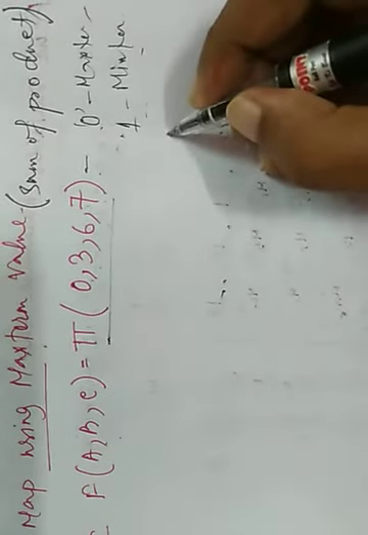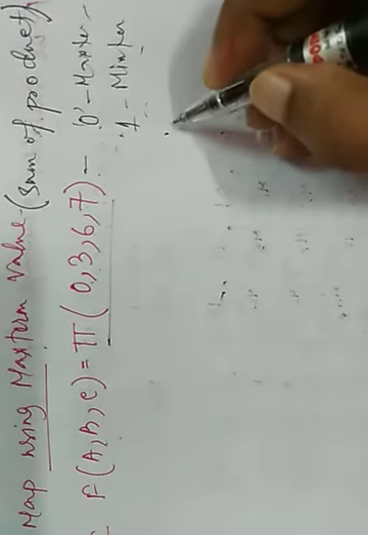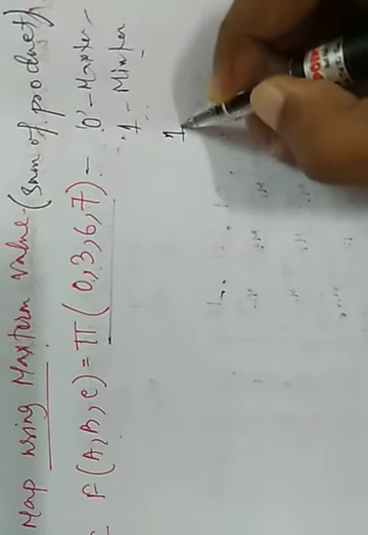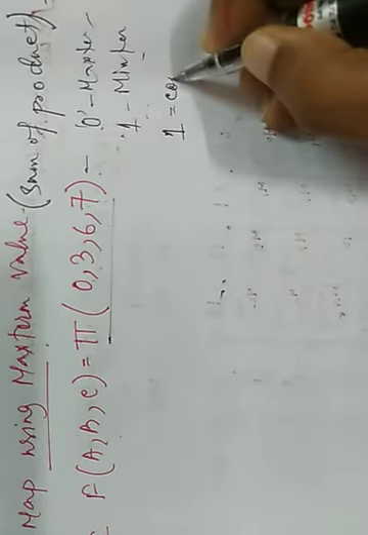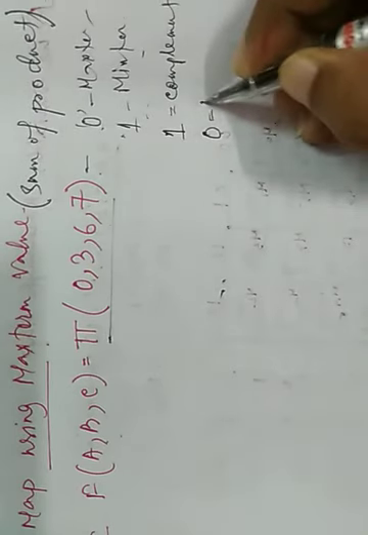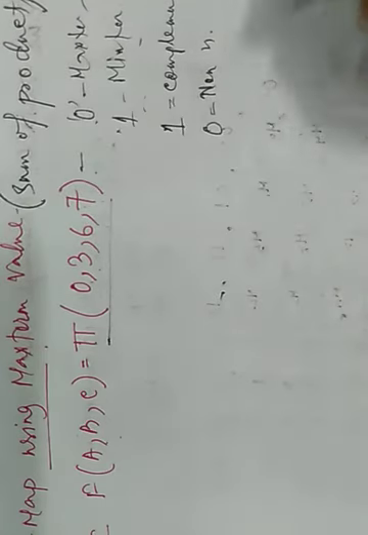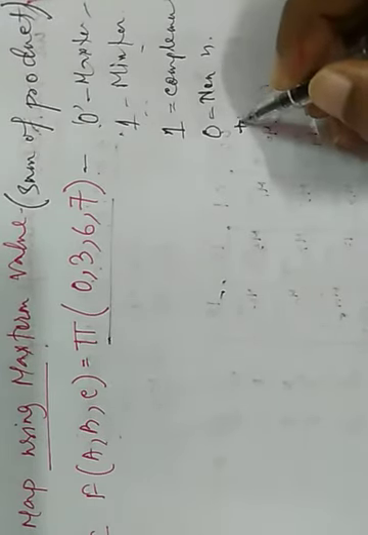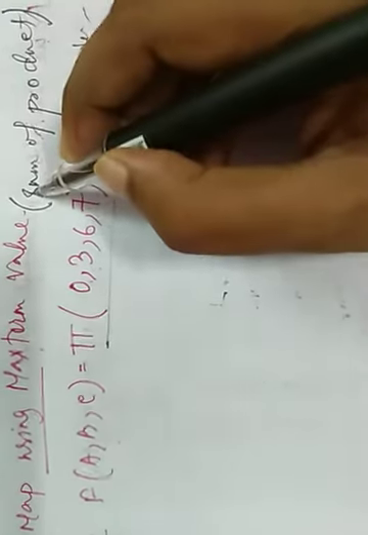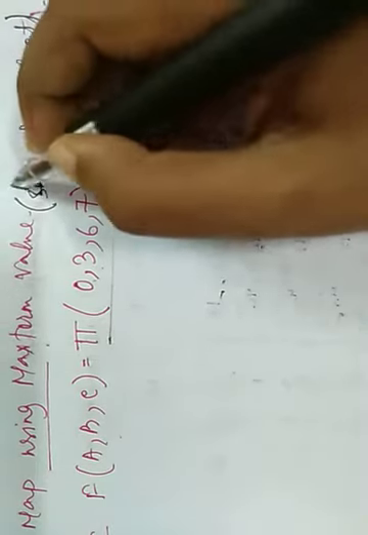And our second thing is, for max term values we know that for one value we need the complement, and for 0 it is the non-complement value. We know that max term is done using plus. You know that it is not sum of product, sorry, it is product of sum.